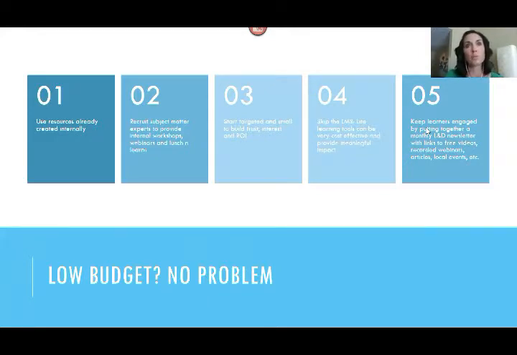Make sure your learners are constantly getting access to some type of learning, whether via a platform or a newsletter. Those are all really good, cheap, and easy ways to put learning out there, and it gives them the ability to decide if they want to do it or not.